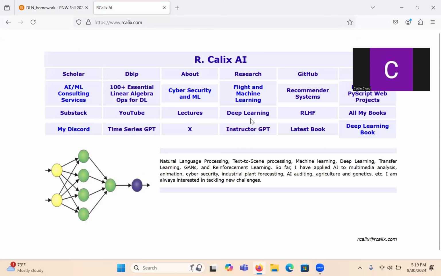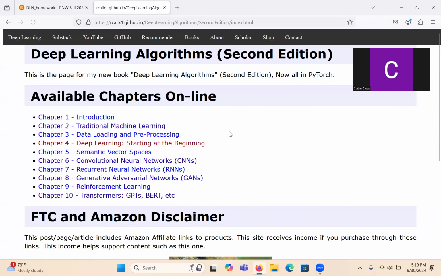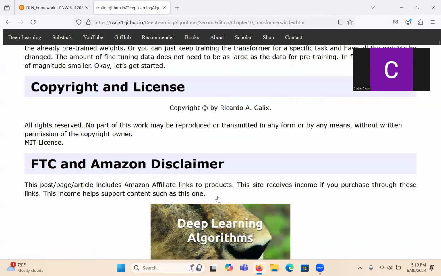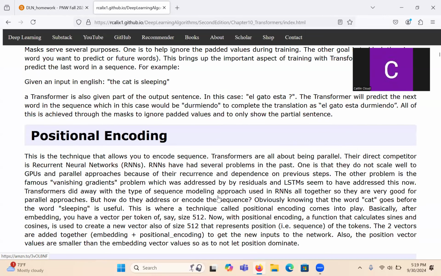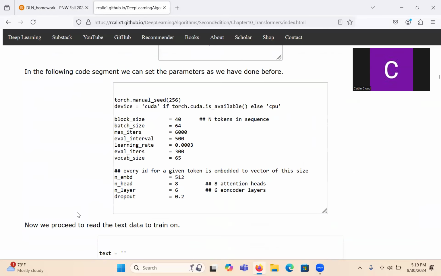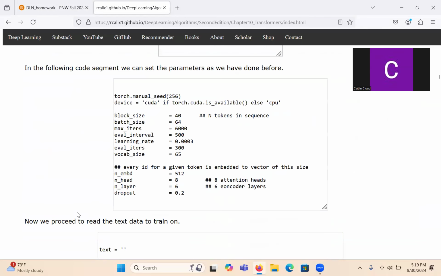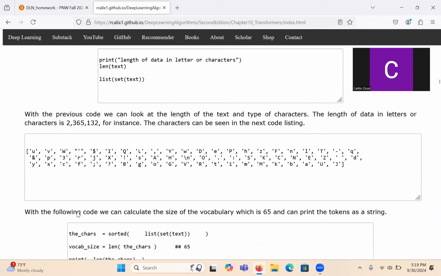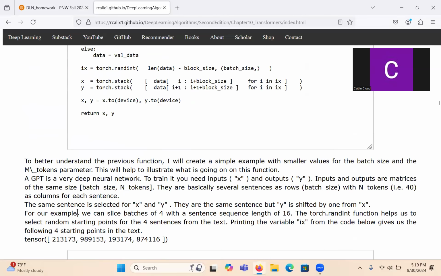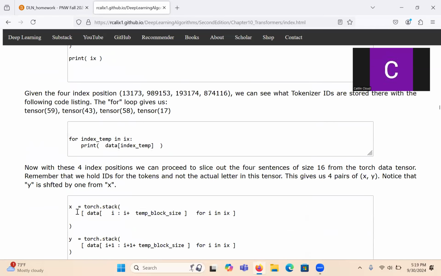So just like I did before, I have some reading material here. You can take a look at chapter 10, Transformers, GPTs, and BERT. Basically, these are my notes on some of the terminology and everything that goes on. I'll go over a lot of the terminology, and I'll give you a little bit of the history of how this came about. These are also sometimes called the large language models, all of that nice information.